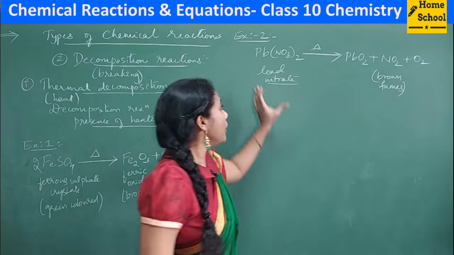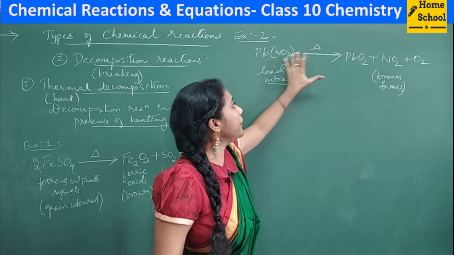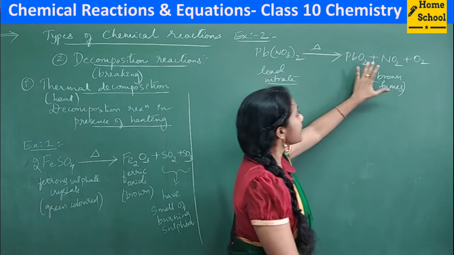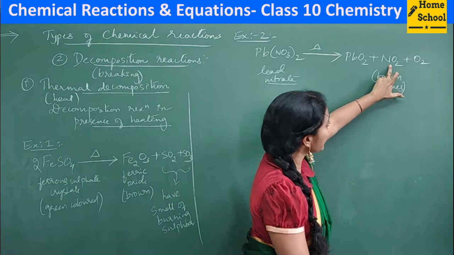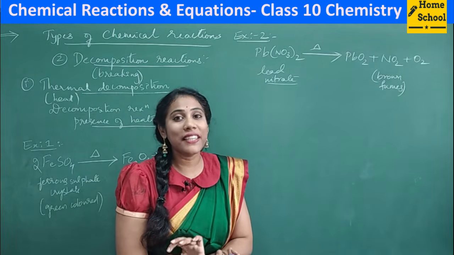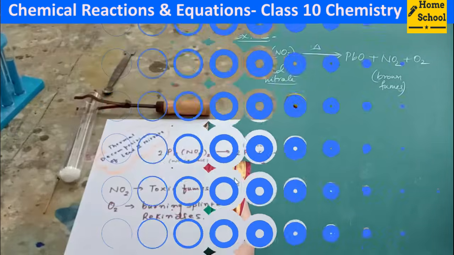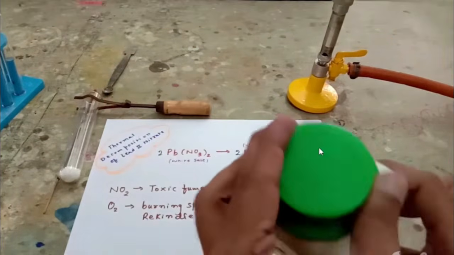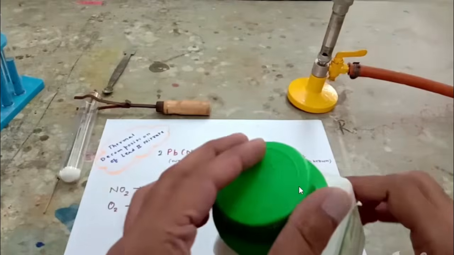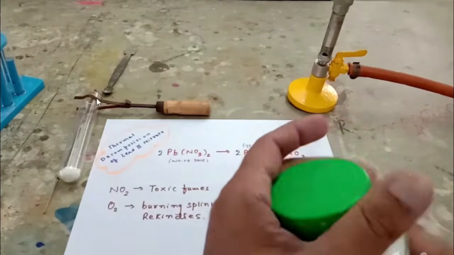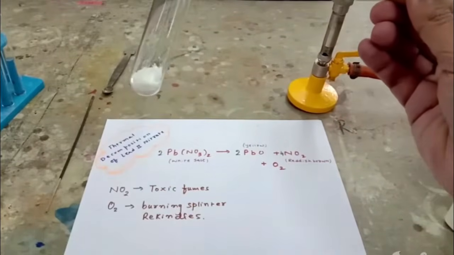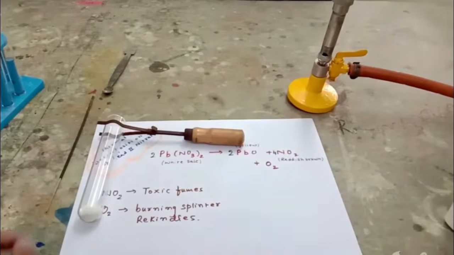Clear? So this is how a single reactant we took, the moment you heat this, it underwent decomposition into lead oxide, brown colored nitrogen dioxide and oxygen. Okay, so let us see this reaction also with the help of a beautiful experiment. See guys, now let's see what will happen when lead nitrate undergoes decomposition. These are lead nitrate crystals, which are white in color. The same crystals he took in a test tube, right? The test tube was held with tongs because we have to heat it in a burner.